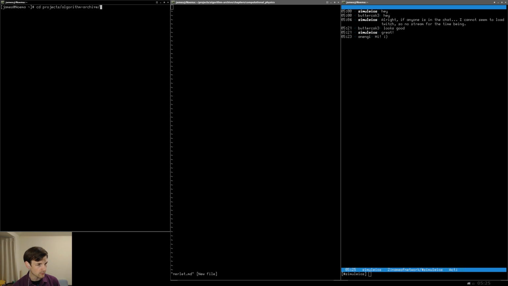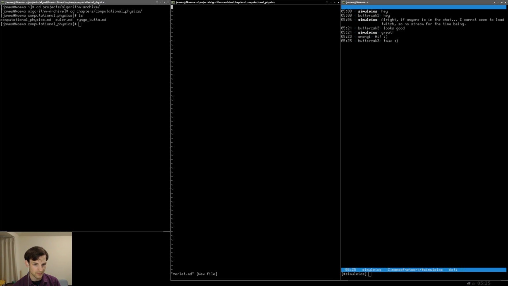So projects, algorithm archive, and then we're going to cd into computational physics. Where are we? Oh, sorry, chapters. Chapters, computational physics, and that should be it. Now we should have Verlet in there. Now if we go into Tmux, yeah, I could. So let's do vi